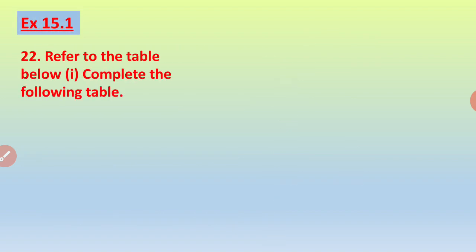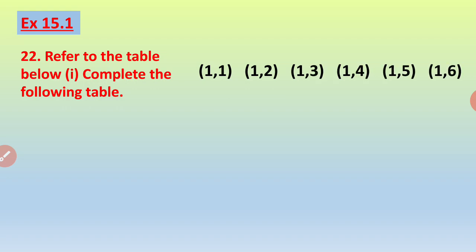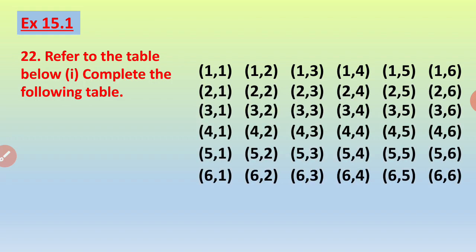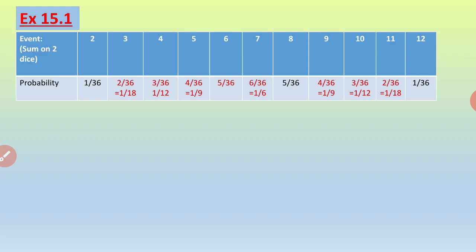Now the next question, we have to refer to the table which is given ahead of it, and we have to complete the rest of the table. Here you will see certain numbers which have come up. I hope you can easily guess that these are the chances, the outcomes which you actually get when you throw 2 dice. Here is the table which is given. The ones written in black are the given information, and the ones written in red are the answers which we are supposed to find out. We'll see how to find them.